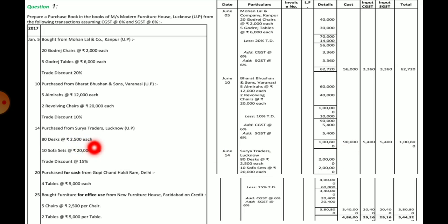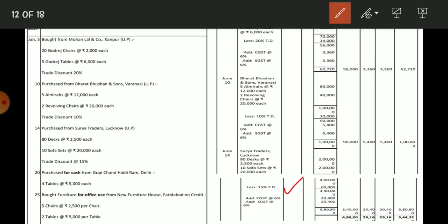Third transaction is 80 desks of 2,500 each. So recording is 80 into 2,500, that is 2 lakh, and 10 sofas of 20,000 each, so it will be recorded 2 lakh. Trade discount is 15%. It will be recorded here, and CGST, SGST are charged. The entry is 3,40,000,